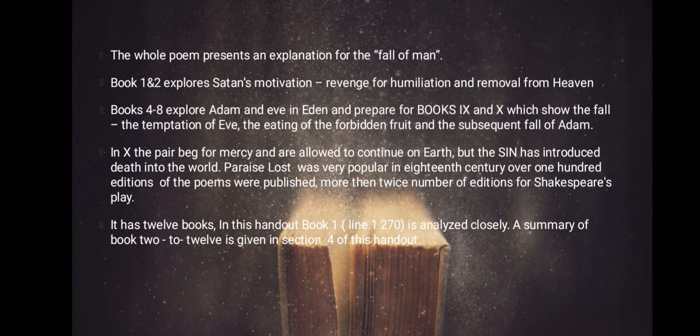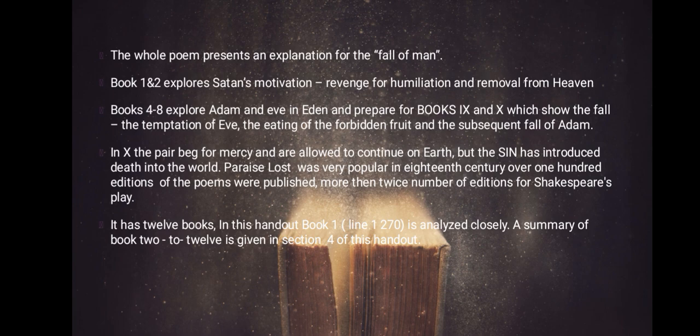The whole poem presents an explanation for the fall of man. Book 1 and Book 2 explore Satan's motivation: revenge for humiliation and removal from heaven. Books 4 to 8 explore Adam and Eve in Eden and prepare for Books 9 and 10, which show the fall, the temptation of Eve, the eating of the forbidden fruit, and the subsequent fall of Adam. In Book 10, the pair beg for mercy and are allowed to continue on earth, but the sin has introduced